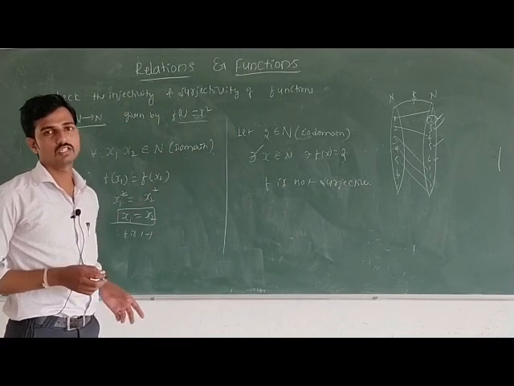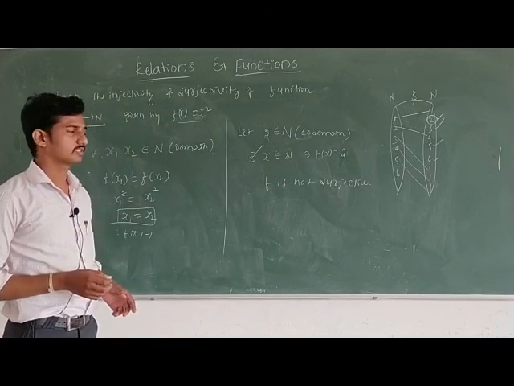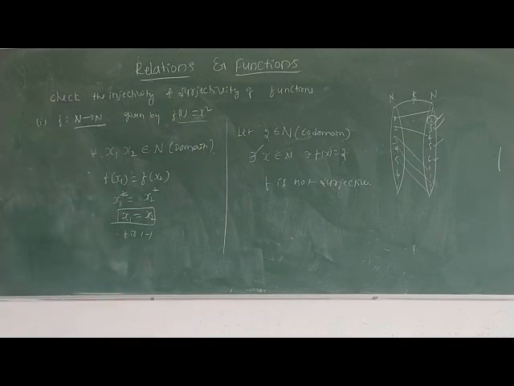So therefore it is not onto function. Okay, next problem, the second one: f is defined from Z to Z given by f of x is